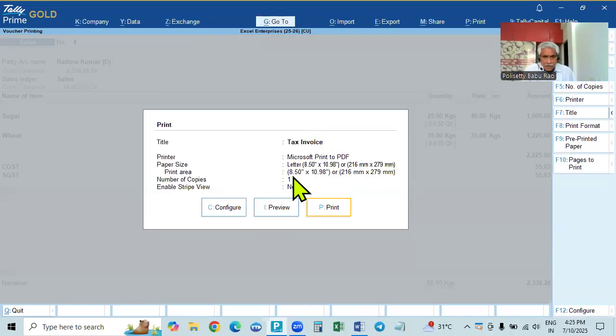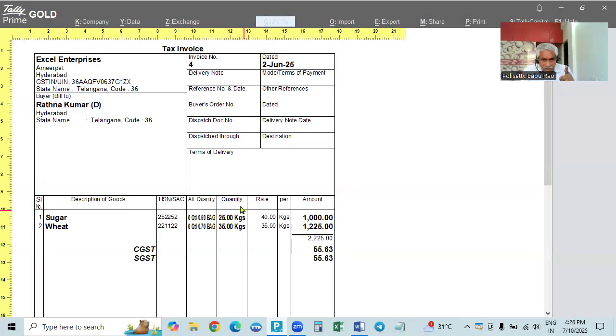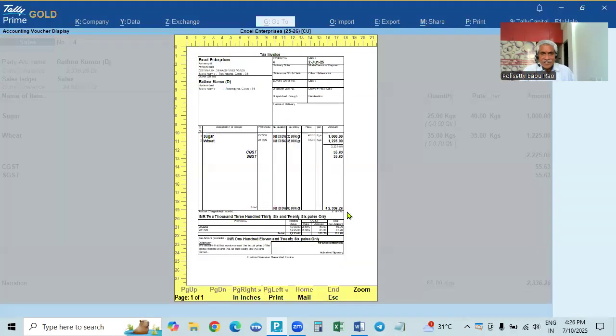In this case, if you go and see the preview, here go to preview, it will show. So this is the main quantity. This is the alternate quantity. It is showing totally quintal and bags, everything. So two separate columns. Otherwise, if alternate is not shown separately, it will show below the main unit in brackets. So this is about